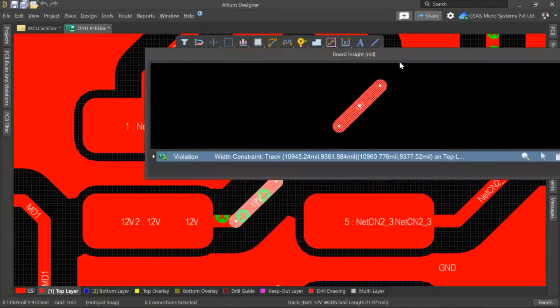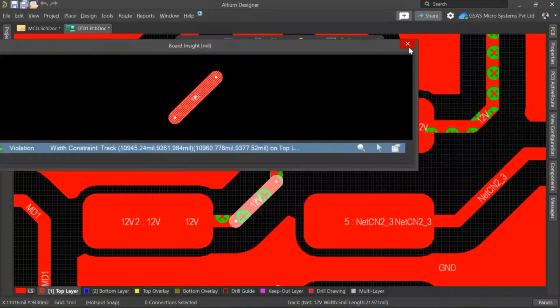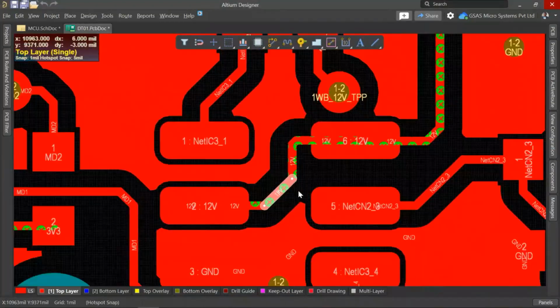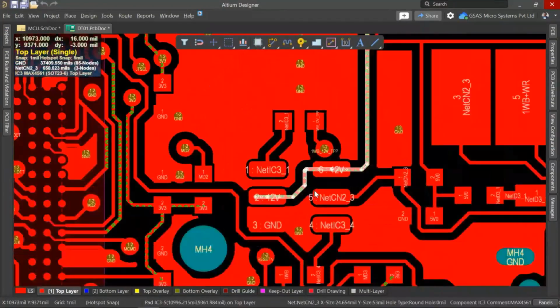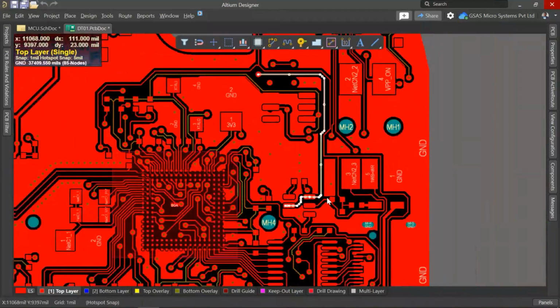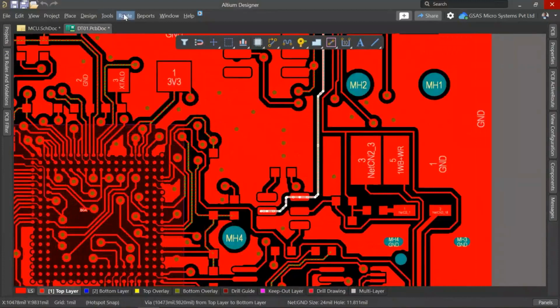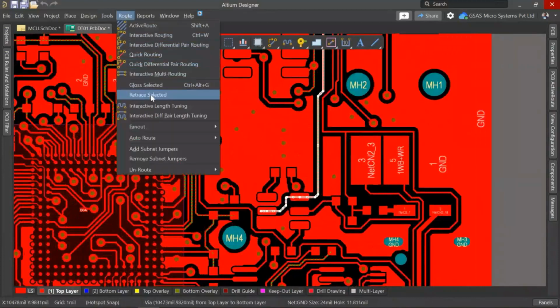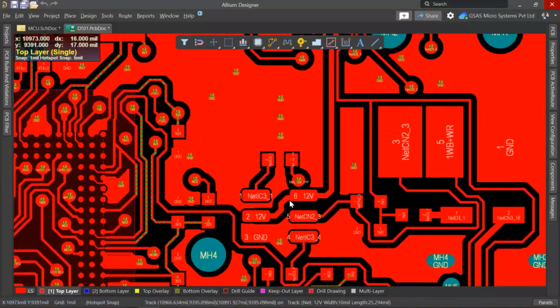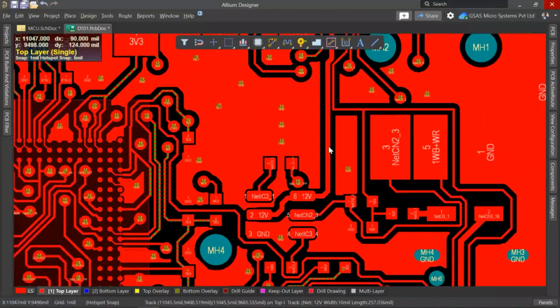Okay, now how can we change the trace width to 10 mil? Simply select a segment and press Tab, which will automatically complete the selection in the same layer. If you want to complete the entire selection, press Tab again, which will complete the next selection. Once the selection is done, go to Route. There is an option called Retrace Selected. When you say Retrace Selected, the tool will automatically complete the routing of the trace with the available current design rule.